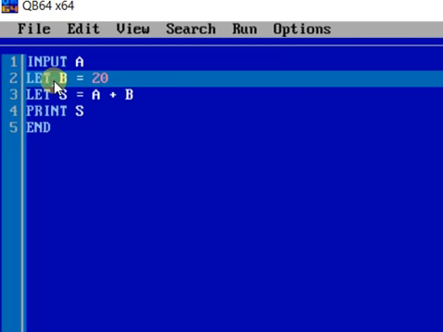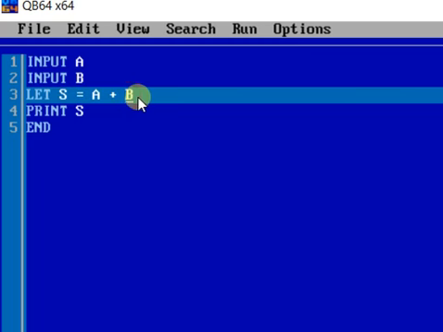Similarly, here also input B, after that there will be no equal to, no assigning of values, because it is going to take the input from the user during runtime or at the time of execution. For that reason, we cannot assign any values to these variables by using input. We have to take it from the user at the execution time.